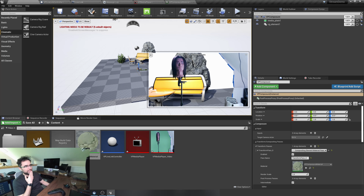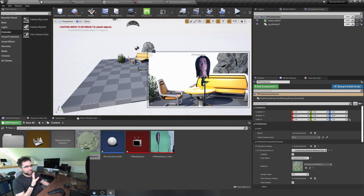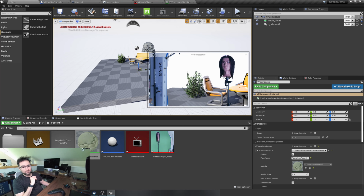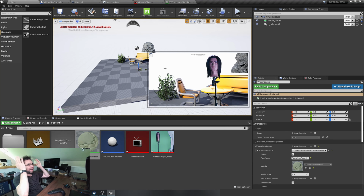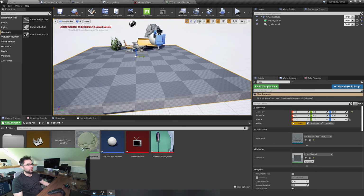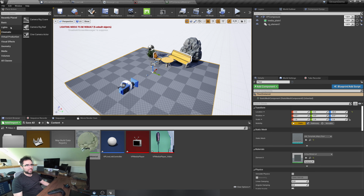I'm going to call this good enough for right now, because the point of today isn't to actually tweak the motion. I just got this going. The last step we want to do, and this is the part that I find the most fascinating, is we want to get rid of this garbage on the side, because we want to be able to move the camera around. I think it's so cool how you do this, but I'm not sure I'm even going to explain it well. So what we'll do is basically put a fake green screen into the world,